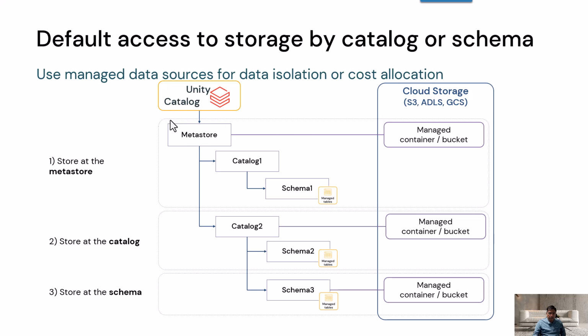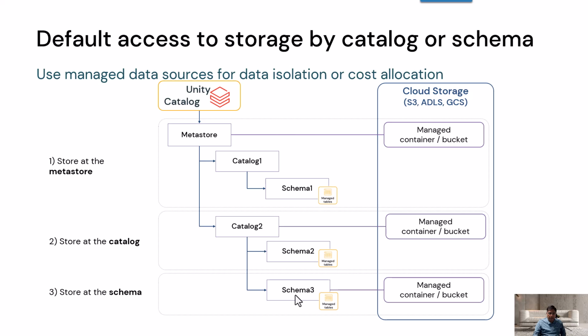do the data isolation. Suppose you have given catalog 1 for department 1, catalog 2 for department 2, for accounting department, for finance department, and then you want to segregate their schema and then managed table. Their location is also segregated separately, and then you want to make sure that the cost associated to this particular part